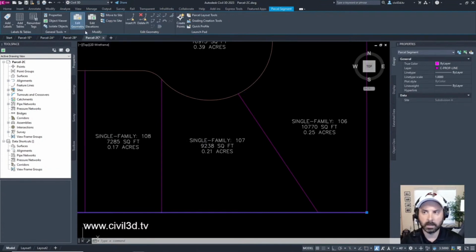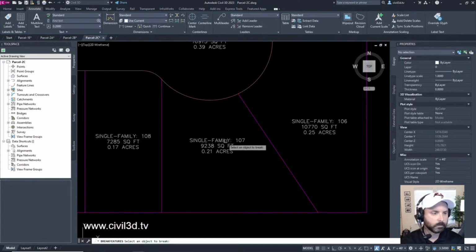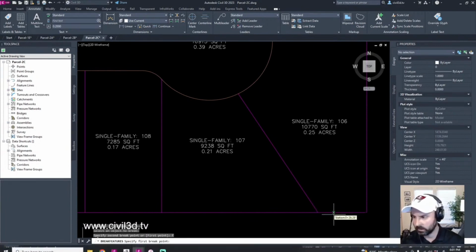Edit geometry is selected. Then we're going to break, yeah, right here. Click that button. Now it's asking us to select an object to break. We're going to break this rear lot line. Okay, the first point, type in F for first point. We're going to snap to the intersection. I'm going to type in INT.